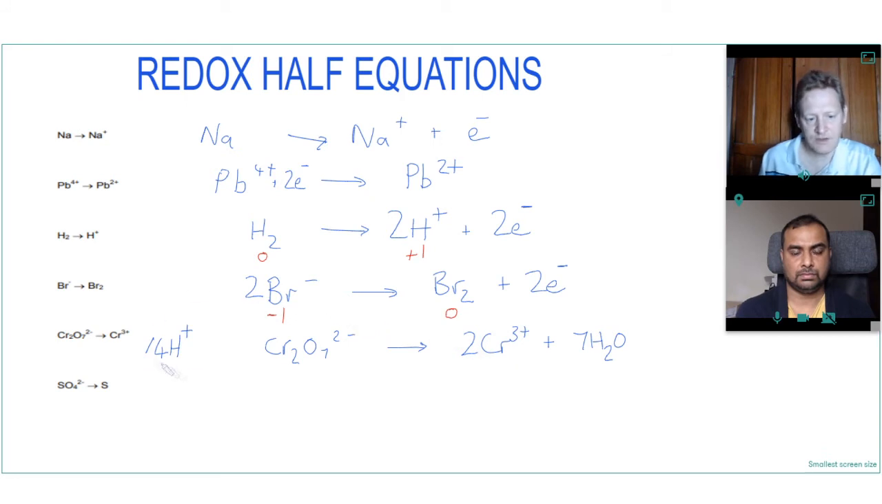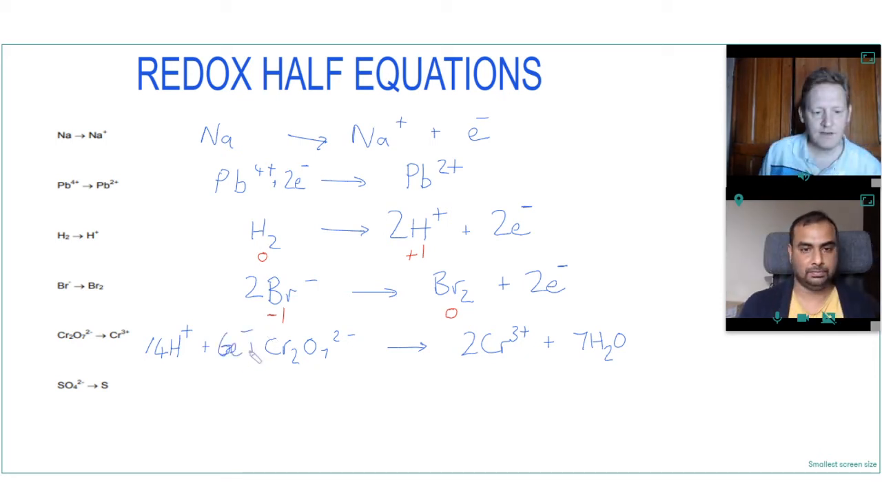Our total charge on the left-hand side, we've got 14 plus 1, take 2, so that gives us 12 plus on the left-hand side. We've got 6 plus on the right-hand side, so if we add 6 electrons here, so we've added the 6 electrons, and now the charge on the left-hand side is 6 plus, the charge on the right-hand side, 6 plus. Now to see what's been oxidized and reduced, it's probably easier to see